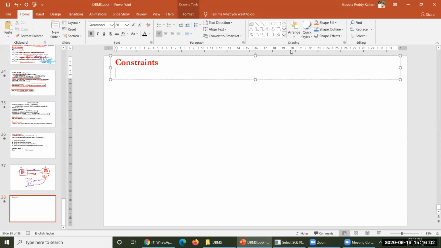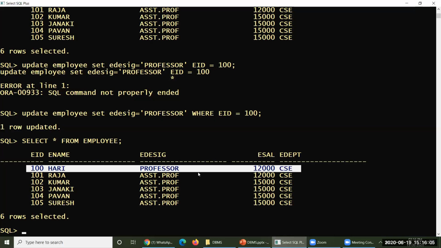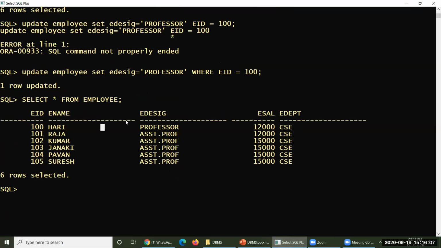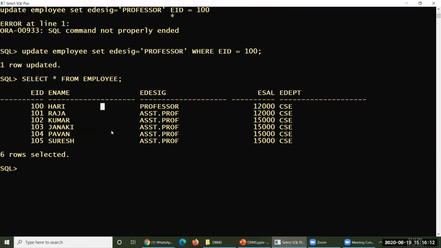Let us have a look here. Let us go through this particular point. Some restrictions I would like to operate here, so I'd like to specify two conditions for you. Condition number one: employee number 100 has been given to Hari already, so the same 100 cannot be given to anybody else. Once an employee number is given to someone, the same number cannot be given to any other person. Will this rule be accepted by your table or not?